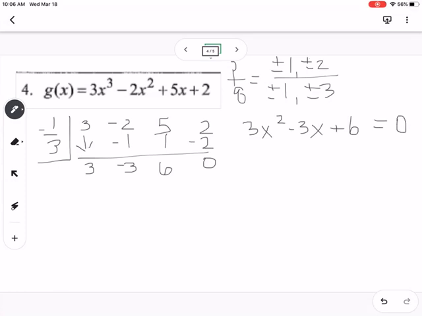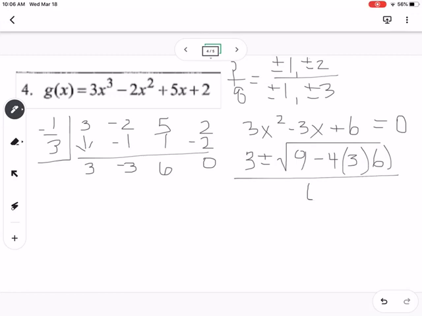Okay, so we already know it's imaginary, so we're going to have to use the quadratic formula. So negative b, so it's going to be positive 3, right, because it's negative, plus or minus the square root of b squared. So I'm just going to square it and get my 9, minus 4 times a times c, all over 2 times a, which is going to be 6. Okay, so 3 plus or minus 9 minus, all right, 12 times 6 is 72, right? And then,